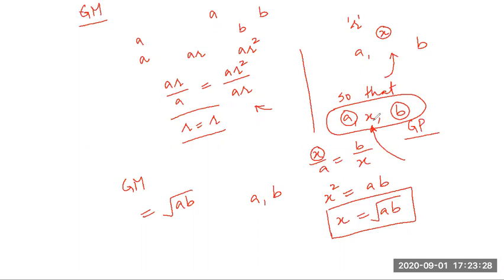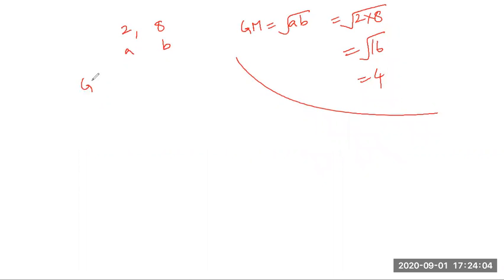So now when a, x and b are in geometric progression, how to find the common ratio? How to find the common ratio using these two numbers? It will be second number by first number, x by a. We can also find the common ratio using the second number and third number, b divided by x. Now this common ratio is the same, which is equal to r. So x by a is equal to b by x. From this you get x is equal to root ab. Hope this is clear.